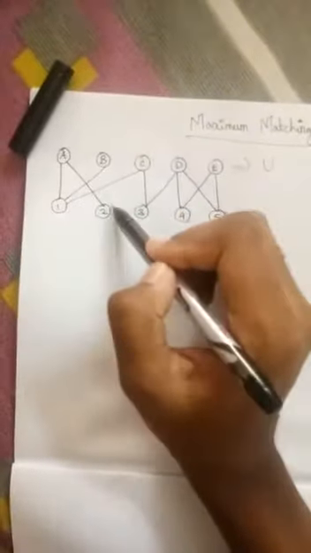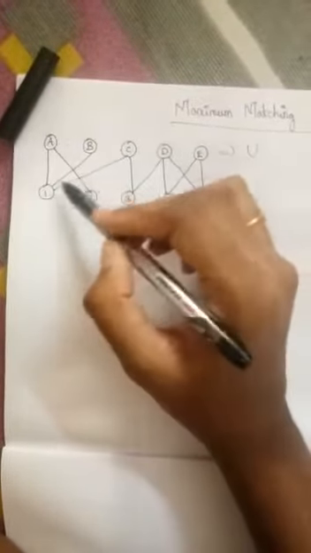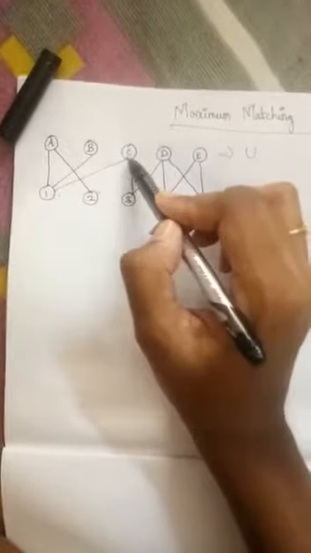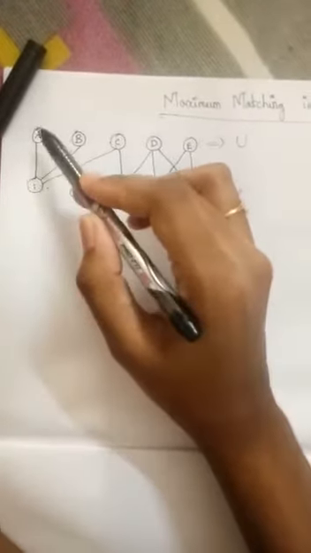So I have to find out the best match in it. A is connected to 1 and 2, but I have to find out the perfect match for A. That is, it can be either 1 or 2. Similarly, 1 is connected to A, B and C. I have to find out the perfect match for 1, which can be only one of A, B or C. If I find this perfect match, I will have only one edge connected to each vertex. That is, there should not be any sharing. So how am I going to do it?